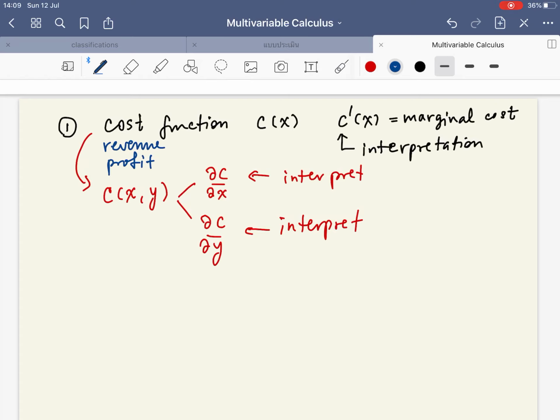Okay, so we are going to stop this clip at this point first. Okay, and for the next clip we are going to talk about the application, but it's only a simple application of the derivative, especially of a partial derivative of at least two variable functions, which is applied on the